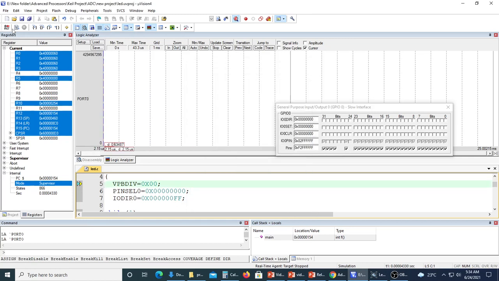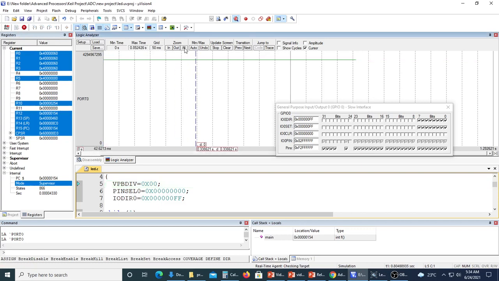Now you can see at the left side the run option is there. You can run the program step by step also. I will run the whole program at the same time. Now if you click on the run button, as we are going to see here in the IOSET, the LEDs or the 0 to 7 bits are turned on and turned off.